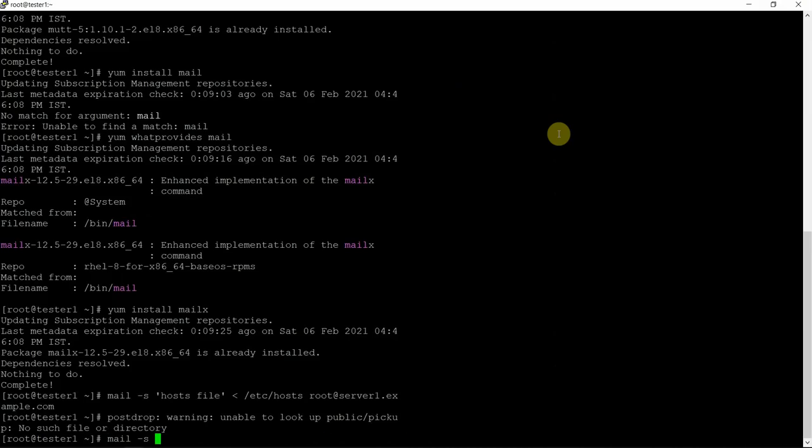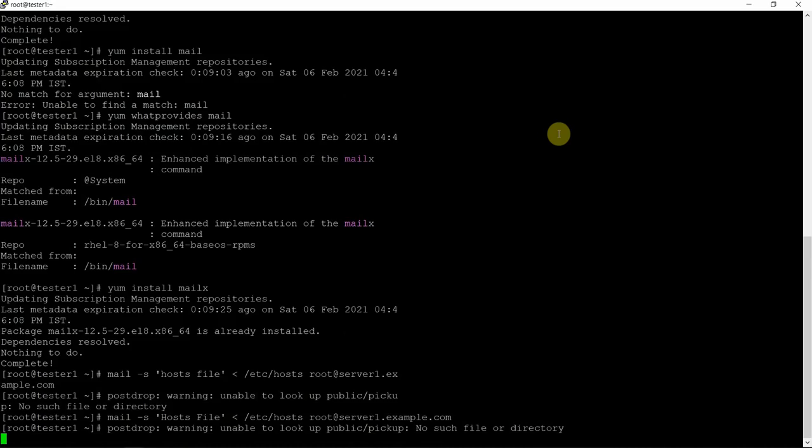Subject is, I type hosts file, and then input redirection /etc/hosts, and I pass it on to root at server1.example.com. Postdrop warning: unable to look up public pickup: no such file or directory. Alright, I'll send another file, no problem.